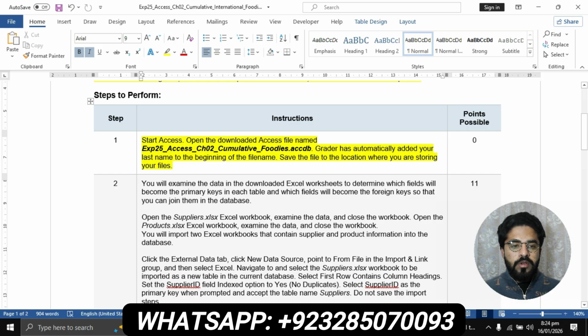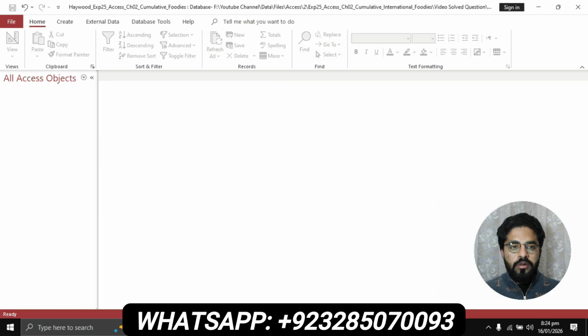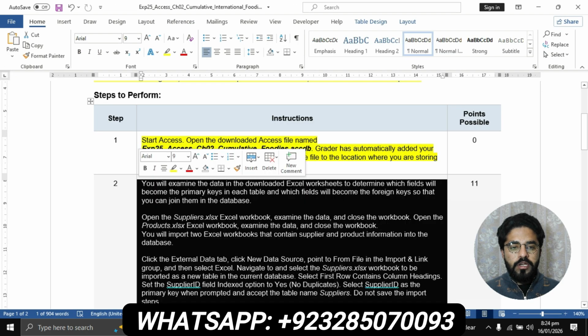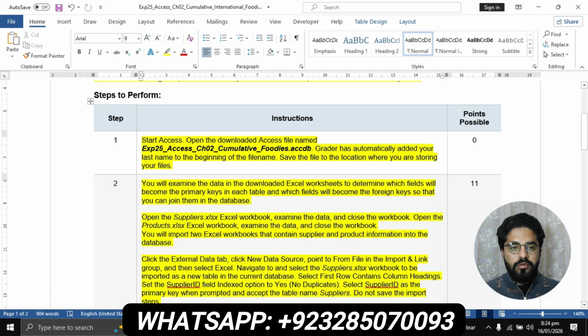Basically, in this question, you will have to download this Access file exp25 access chapter 2 cumulative foodies from the Pearson MyITLab dashboard. I have already downloaded this file from the Pearson MyITLab dashboard, as you can see. Now we will move to question number 2. Question number 2 is